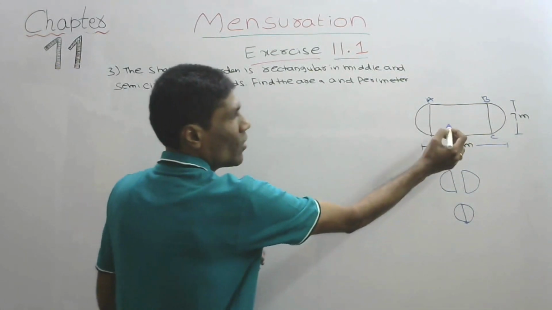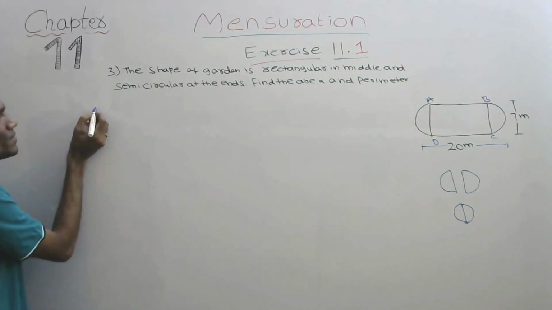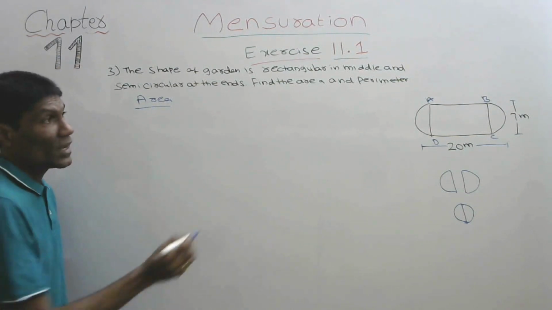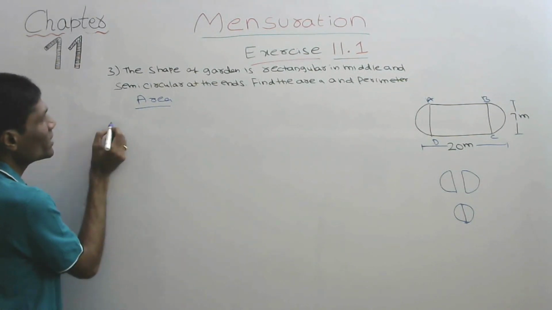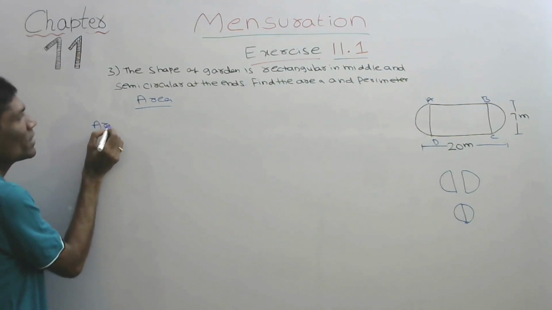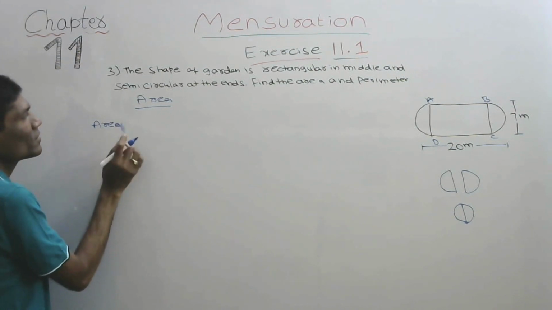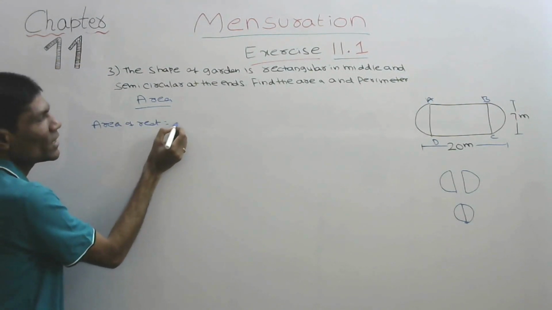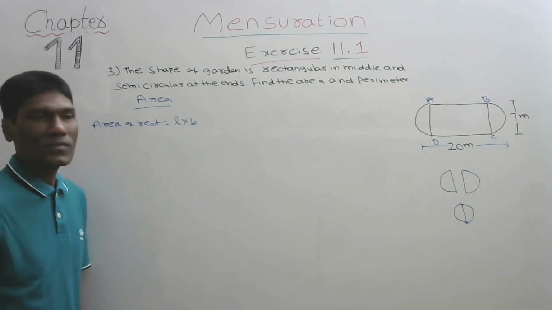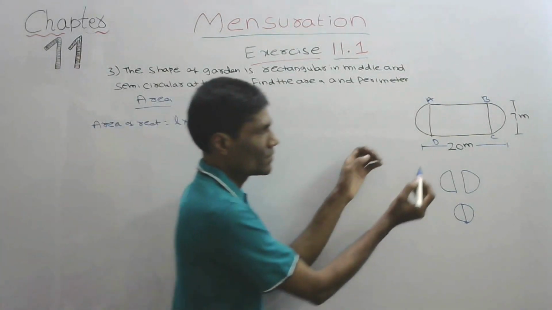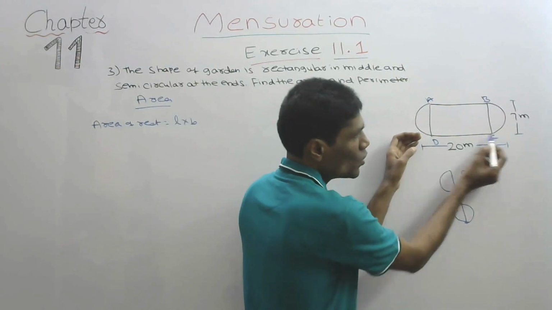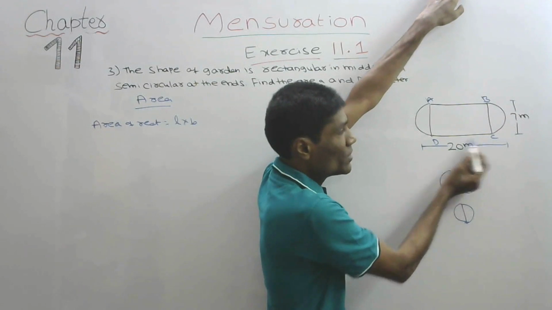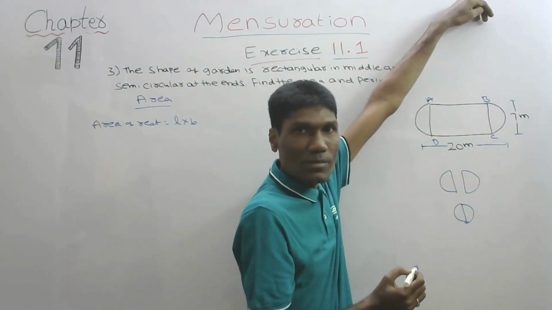Okay. Now first find the area. Area part we will do. Rectangle. What is the area formula? Area of rectangle is length into breadth. So what is the length here? Now see, this is 20 meters. No. The total is 20 meters. Not this, CD is not 20. The total is 20 meters.